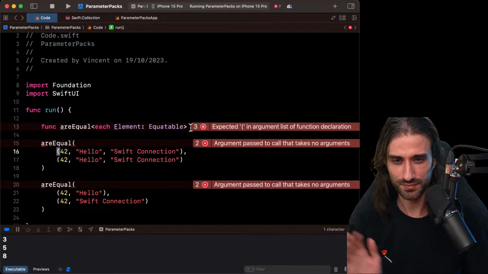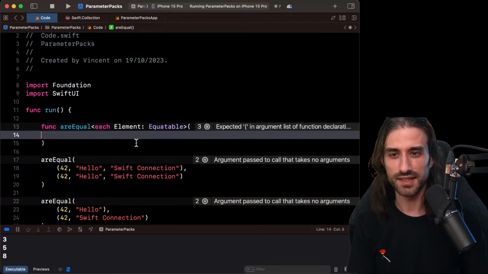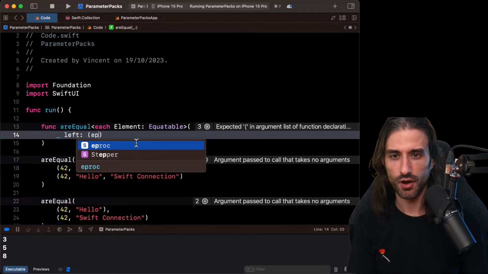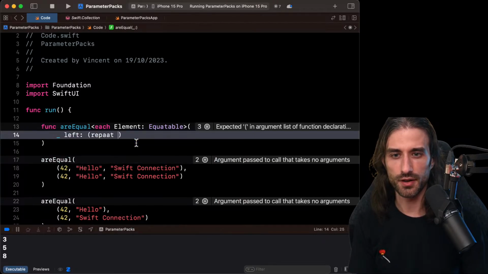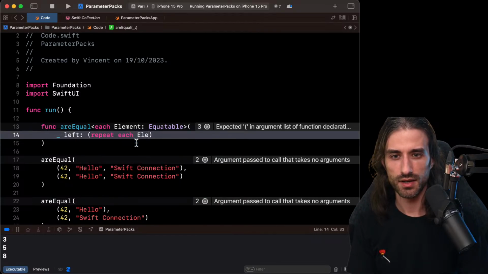So get ready. I've defined my parameter pack. Now I need to define the two arguments that I receive. On the left, I receive a tuple that will be of repeat each element.